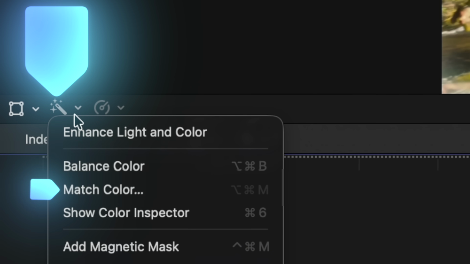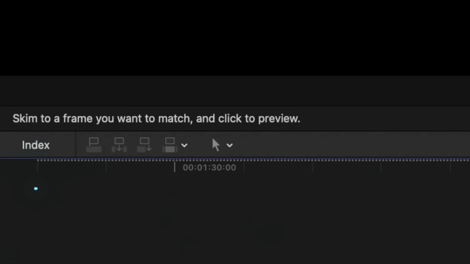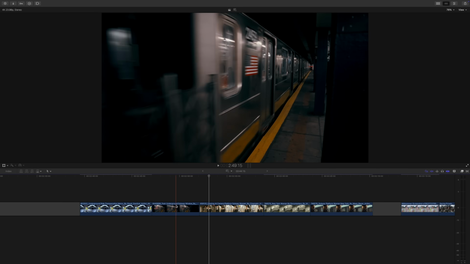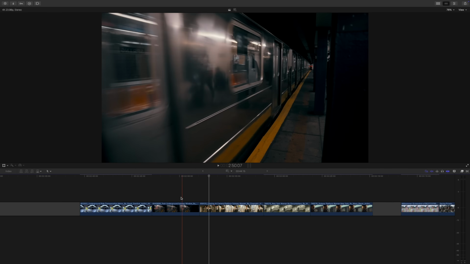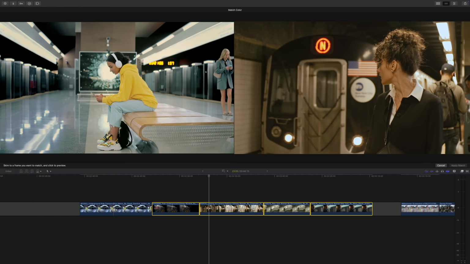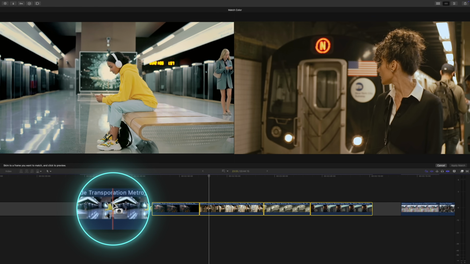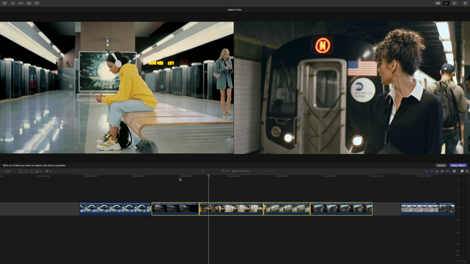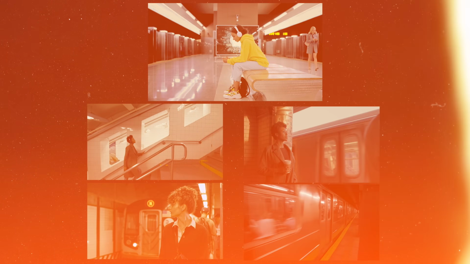Match color has been in FCP forever, but it used to suck. Now though, with the most recent update, it is actually intelligent. Unlike you. So here's the clip that I like the look of, and I would like all of these clips to match it. Select your clips, hit the magic wand icon, also called the enhancements menu for you nerds out there, choose match color, then skim to a frame in that clip that you'd like to match the rest of the shots to. And once you click it and hit apply match, the AI adjusts your shots to match the